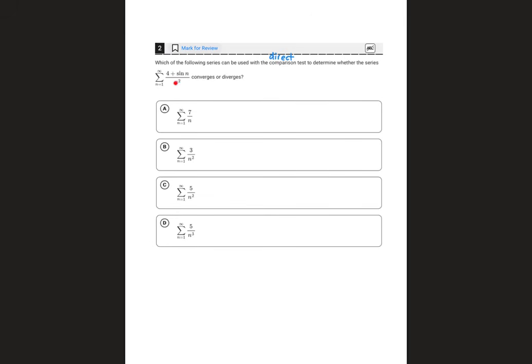And the p-series test tells you that if the p-value, which is the exponent of n on the bottom, is bigger than 1, then it converges. If it's less than or equal to 1, then it diverges. Okay, so since this is bigger than 1 and the top's a constant, we know that this is going to converge. Okay, but we still have to use the test to formally